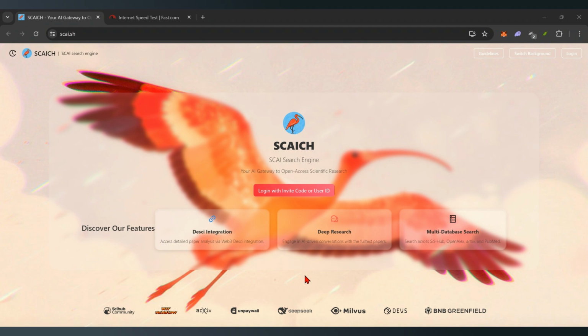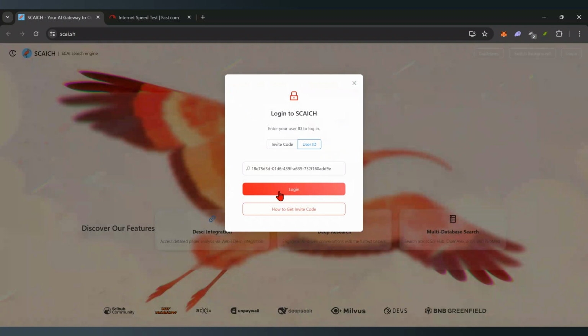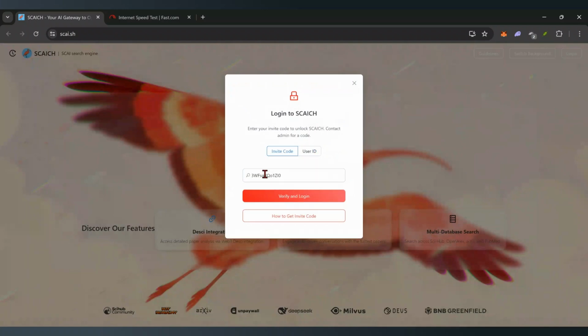So you just initiate your login and then you input your one-time invite code, verify and login,